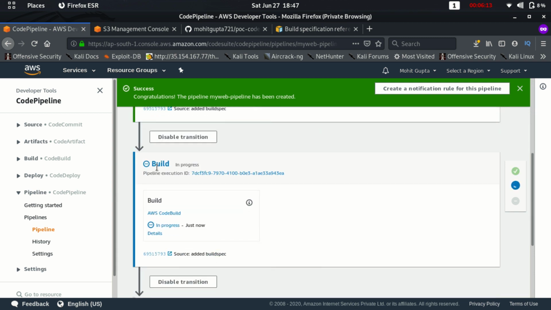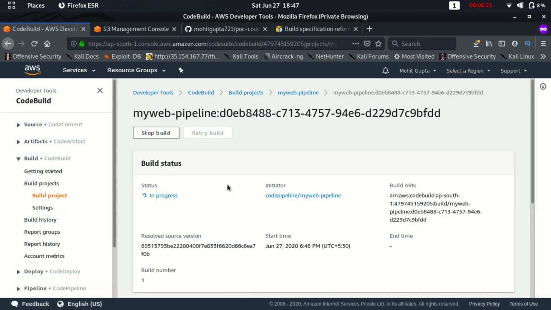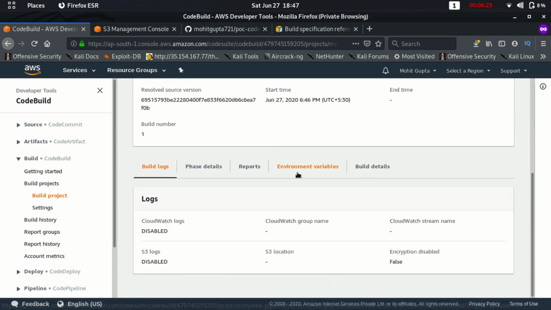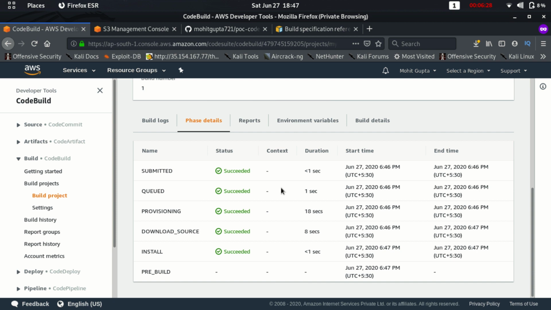So currently it is in build section. You can always see whatever is happening behind the scenes by clicking into the details, and you can go to the phase details. So it is submitted, queued, provisioned, source downloaded, installed.